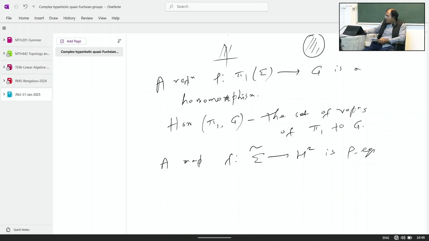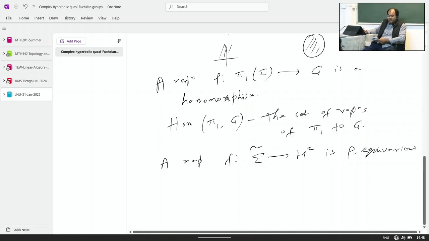This is rho equivariant if F(rho(alpha) p) is rho(alpha) F(p) for all p in the universal cover and alpha in